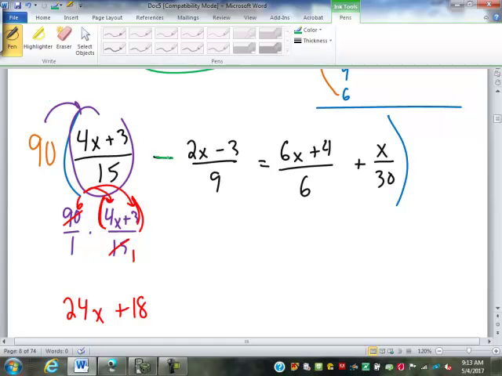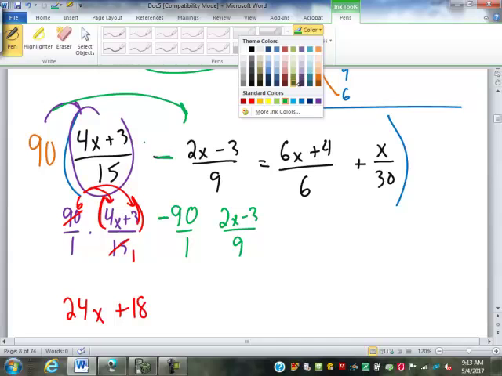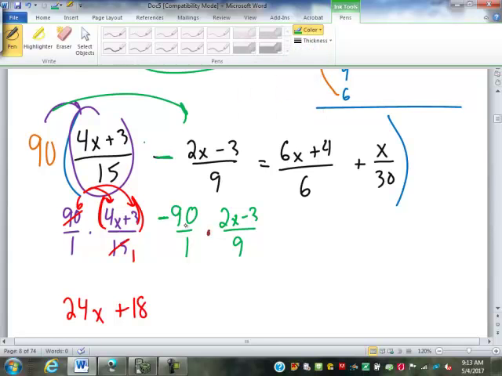Now this one's a little different. This is a negative here. So it's going to be 90, I'm going to multiply it. 90 over 1 times that 2x minus 3 over 9. But it's a positive times a negative, so this result is going to be negative. So I'll put the negative with the 90 for now so I don't lose track of it. So times, I'm going to cancel out the negative 90 and the 9 gives me 1 and a negative 10. Put parentheses around this. What's negative 10 times 2x? Negative 20x. Negative 10 times negative 3,